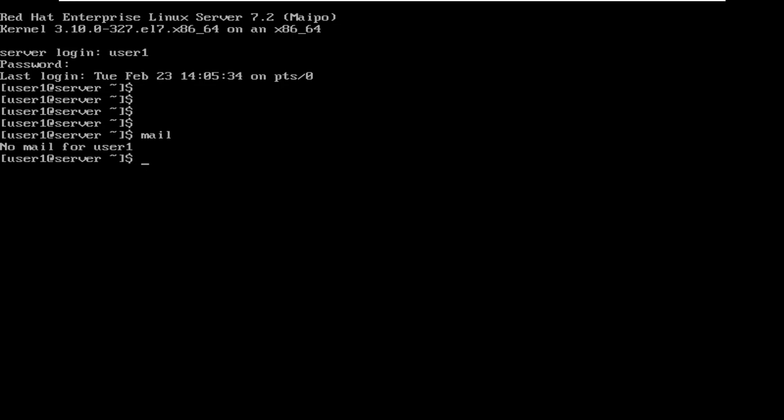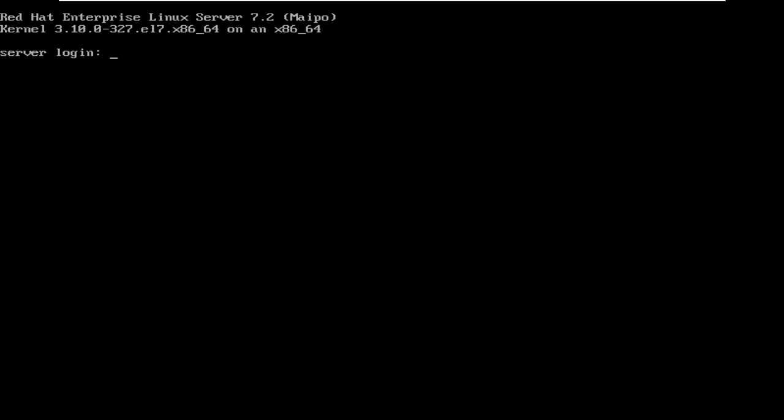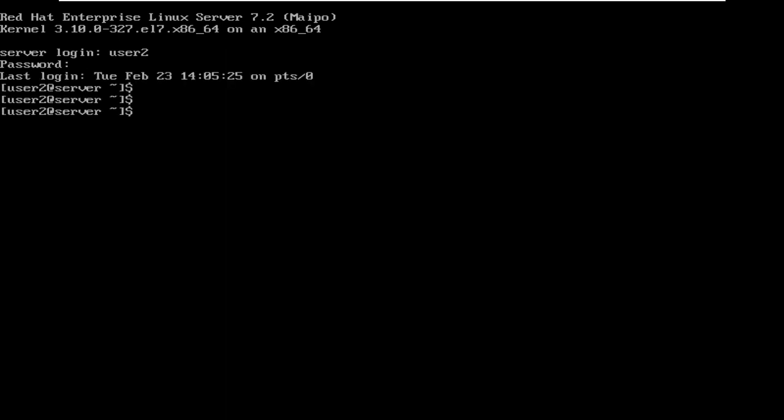Now when I want to see the mails, I will give the command mail, and it shows no mail for user1. I will log in with the other user on another terminal, user2, and the password is this. Now user2 can check the mail, and it says no mail for user2 also.